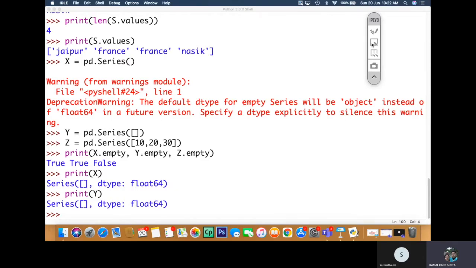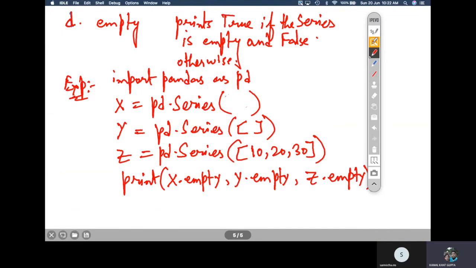So this much about the attributes. Actually, not all the attributes.